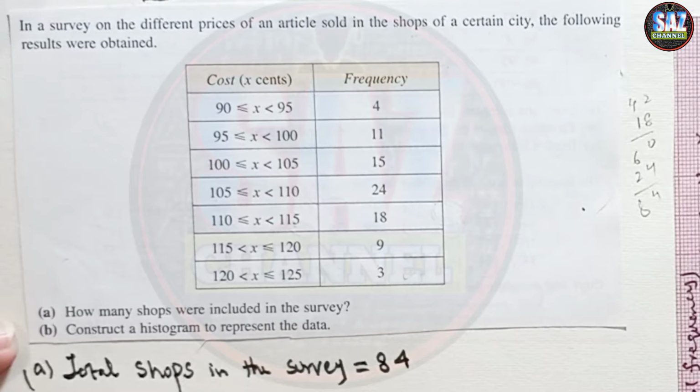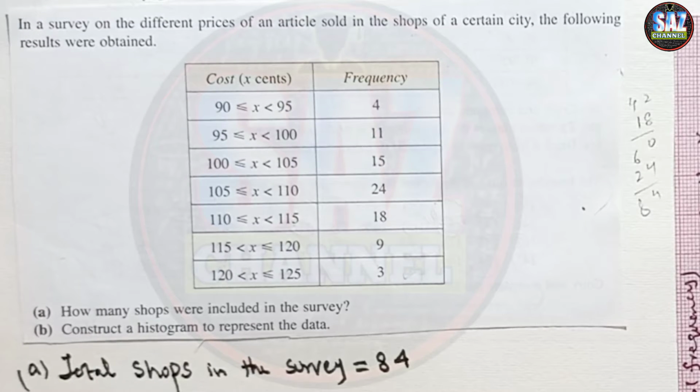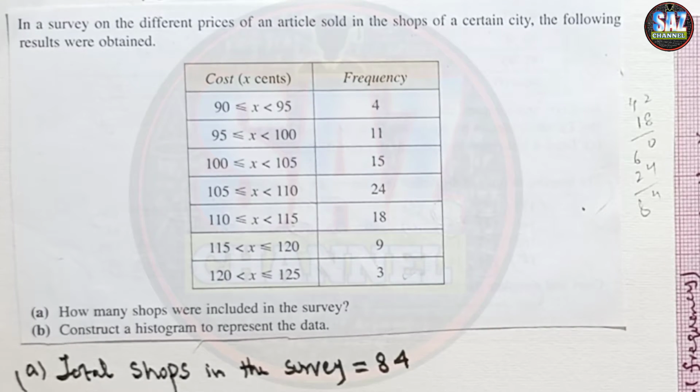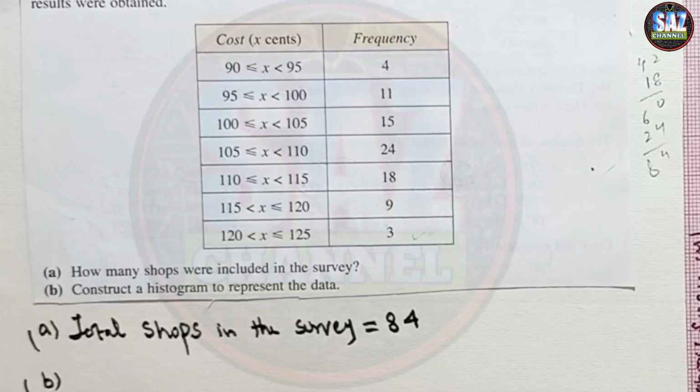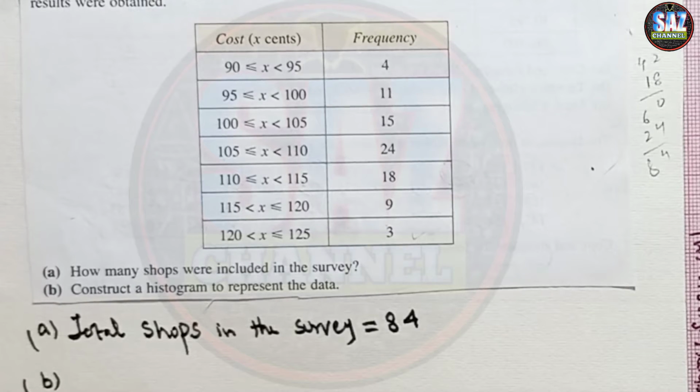And now let's move to part B, that says construct the histogram to represent the data. Recall my previous lesson. In order to construct the histogram for the given frequency distribution, the first requirement is to check the class width of all the classes. The examiner is sometimes really clever, and he keeps the class width of the last class unequal, but students in a hurry plot the actual frequency, and the whole question becomes incorrect. So make it your habit to check the class width of all the classes.